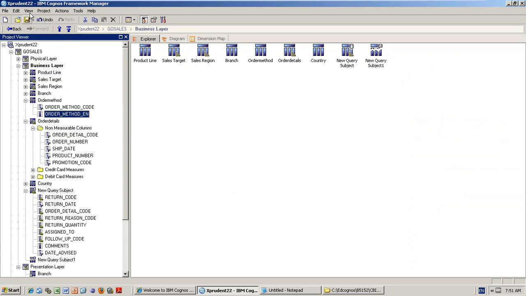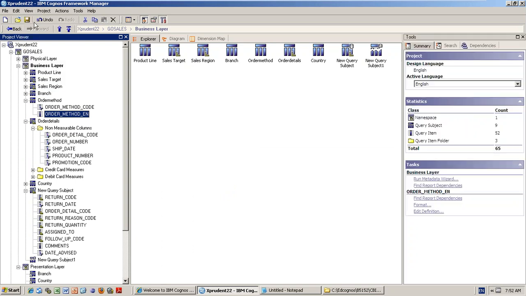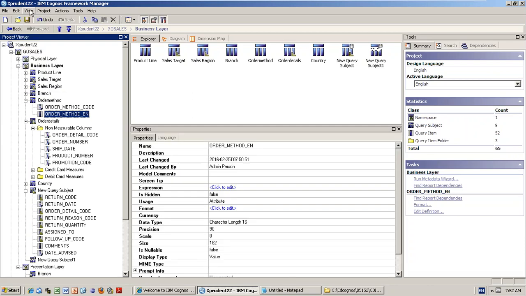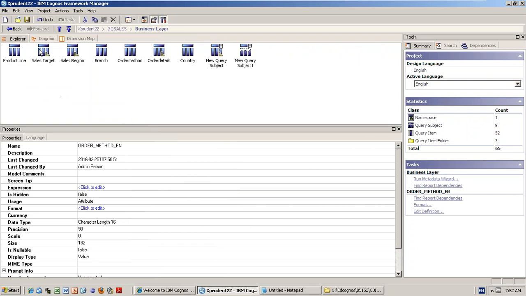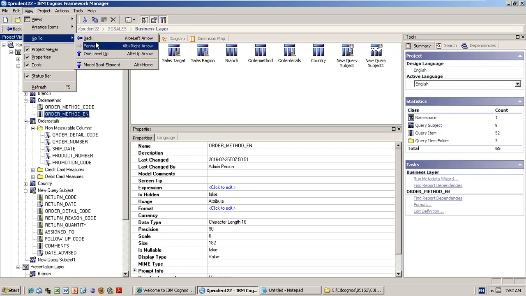Toolbox also I don't want. You don't want the status bar below. But if you don't put the project viewer, where everything will be done, then don't do that. So like this. If you don't want the project viewer, it can go like this. See, the project viewer is not appearing. If you want to get it back, okay. So that is what view is, and go back, one level up, and all those things.